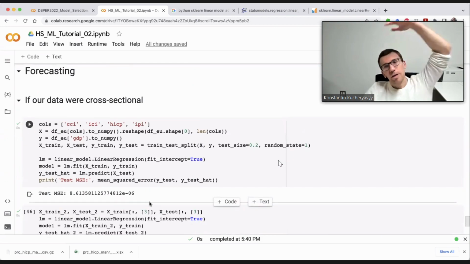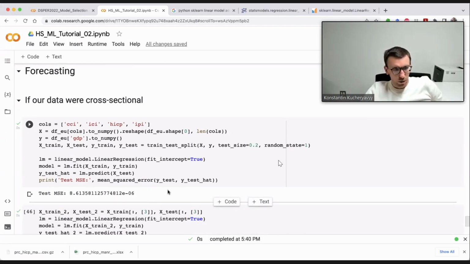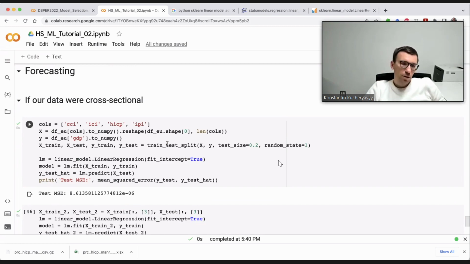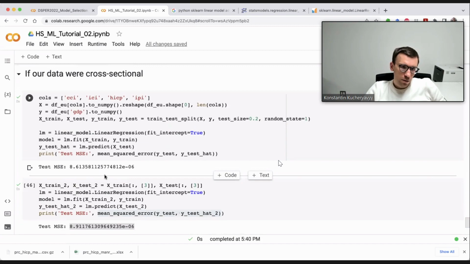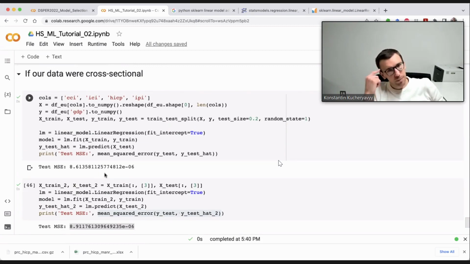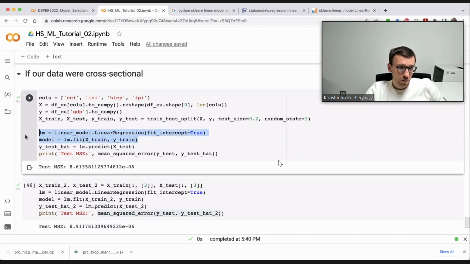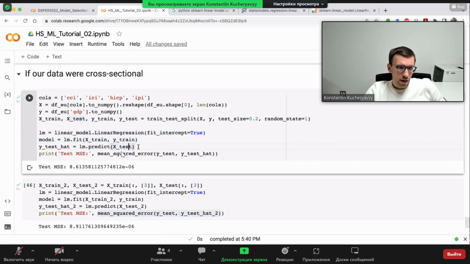Now, or the informativeness of the model. And then based on this information criteria, we would select the best model. Now, here I'm trying to do something different. I'm dividing randomly my sample into two subsamples, train and test. I don't use any information from the test. I leave it aside. I use only the train sample to train my model. And then I check how that model performs on the test